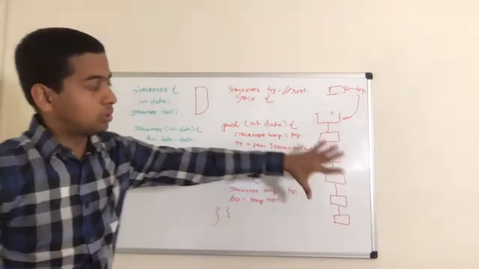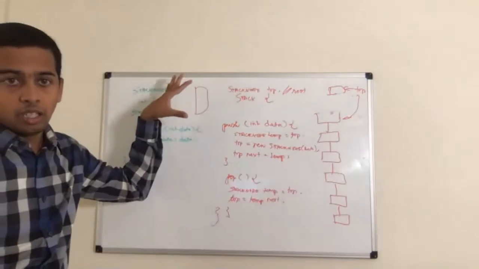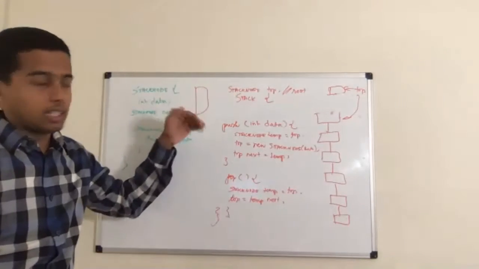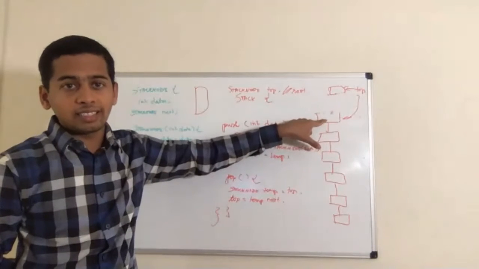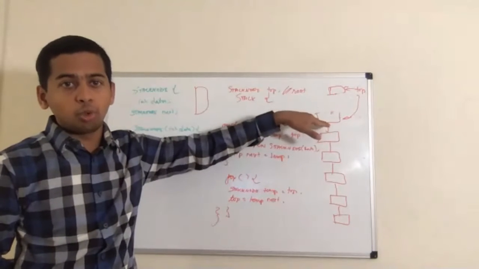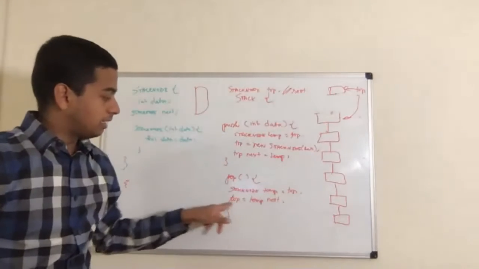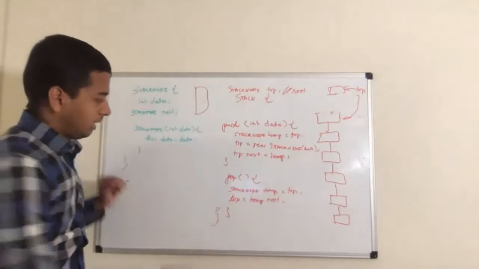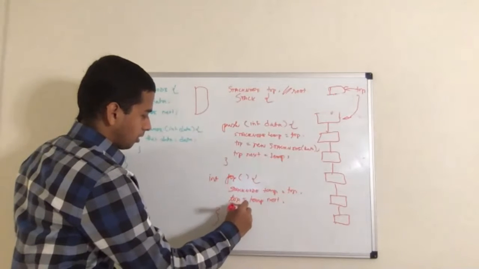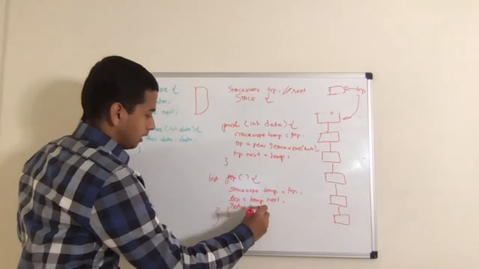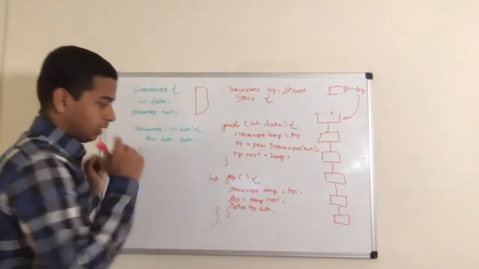I have taken this entire copy as a temp, and now I have made the temp dot next. So temp is the top. Temp dot next is the next element of the top. So the second-most element, I'm taking that and making that the top. Then I can return the top if I want to return the value. Return top dot data. So that will return the top record.